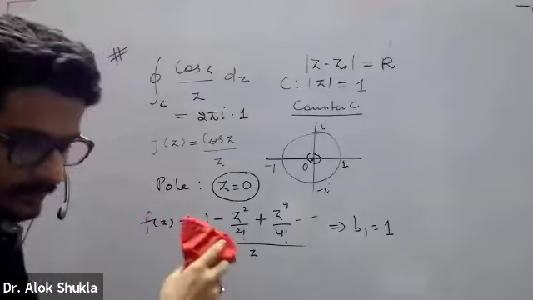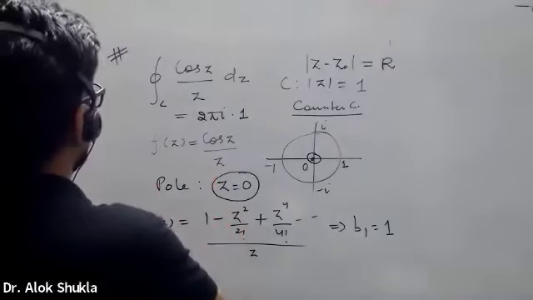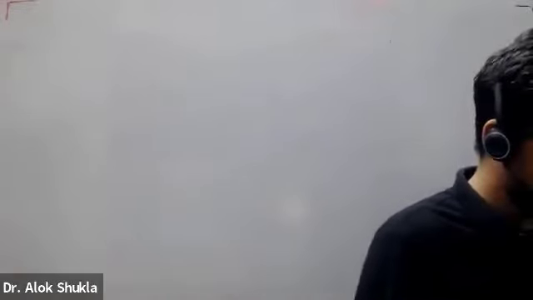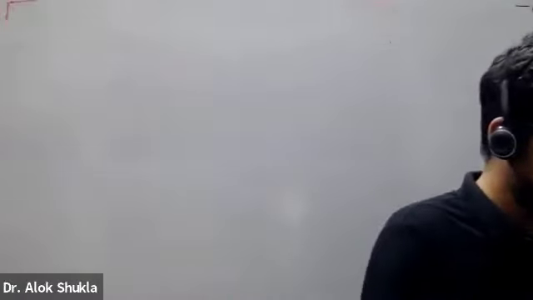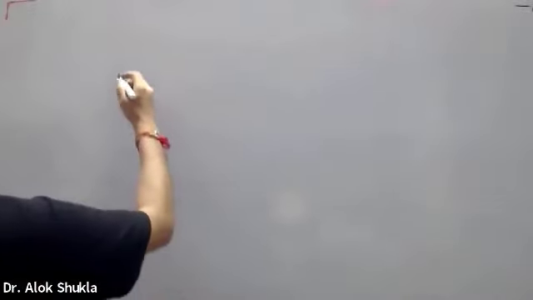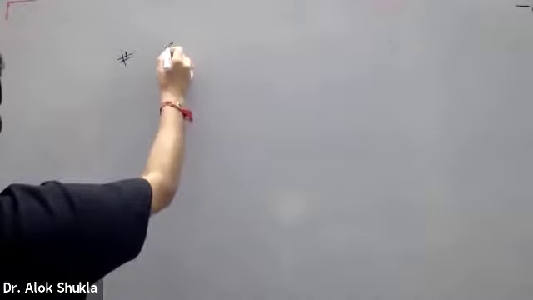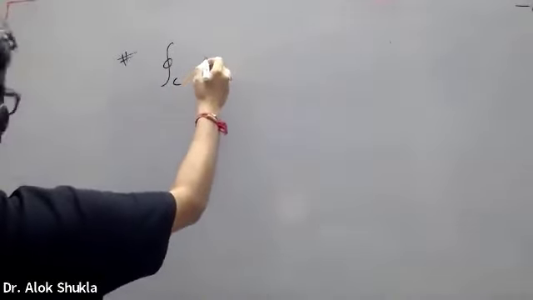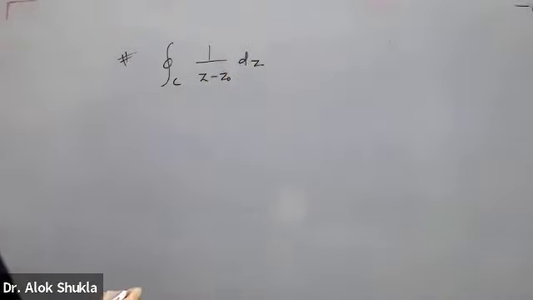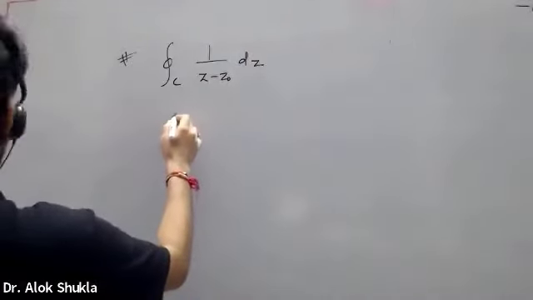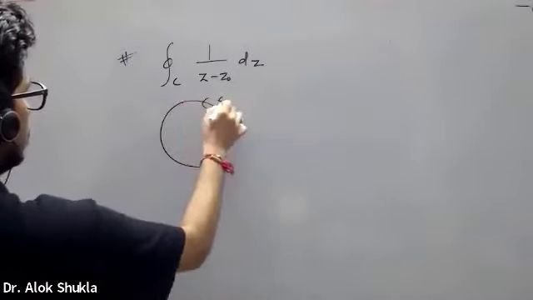Okay, so let us take another one. Somebody was asking yesterday about the point lying on the axis, if you remember. So let me take a question to clear that concept. I told you that I will teach that concept using a problem. So I am taking that problem, and that is like this: integral over C of 1 upon z minus z0 dz, and the contour C is like this. Suppose C is like this,